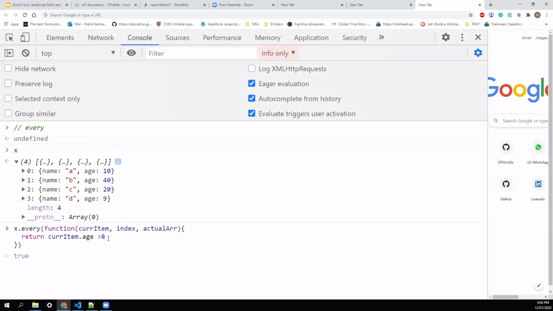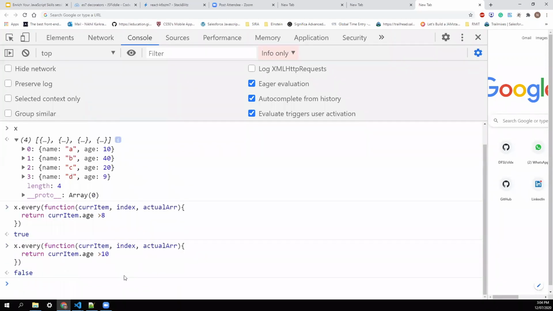So it returns true. But similarly, if I say whether the current age is greater than 10 or not, it satisfies a few conditions like 40 and 20, yes, but 9 and 10 is not. So if any of the conditions fails, it returns false. So this is what the every function does.